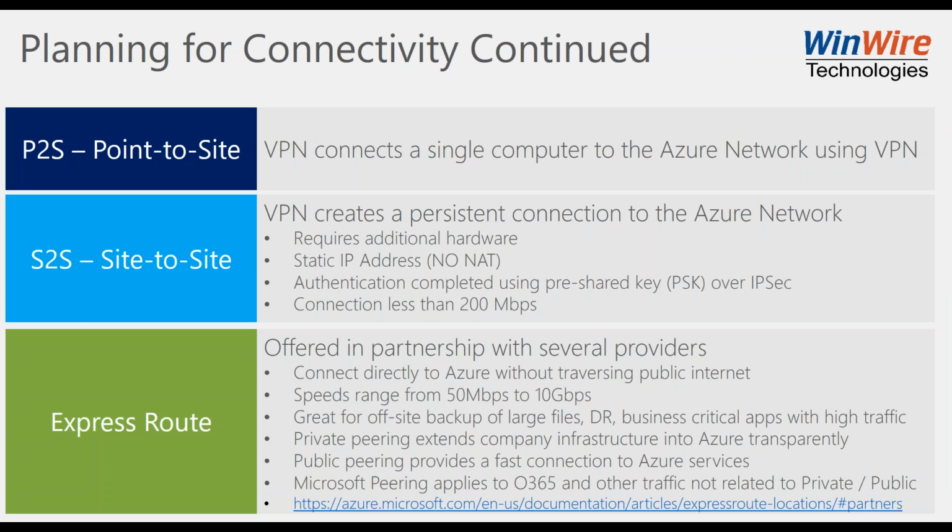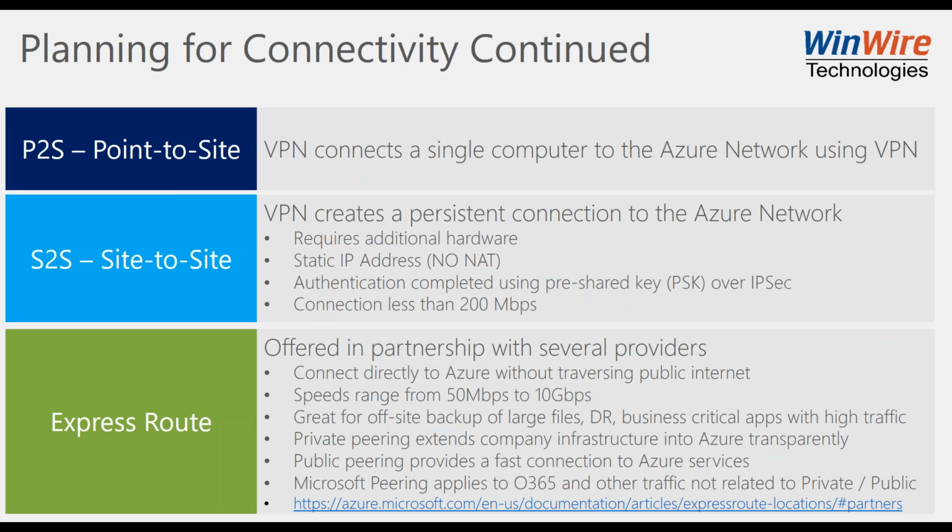There's also a point-to-site configuration, and that's a VPN from, say, a single computer like what I'm presenting from. So if you're a regular developer, you can create your own VPN connection, and that can be certificate-based, that can be multi-factor authentication, right? So there's a lot of different possibilities there. And then again, site-to-site, that's done over IPsec. The connection can be no more than 200 megabits. I've got a little typo on the slide, which I'll fix. But in any event, you're not going over 200 meg.